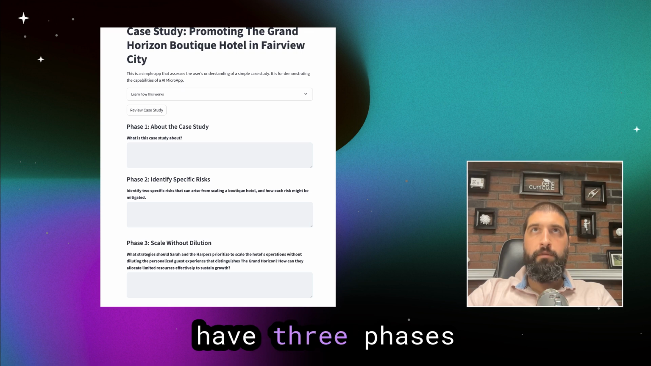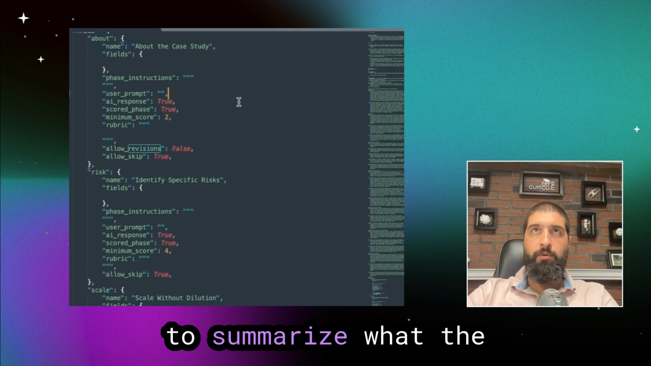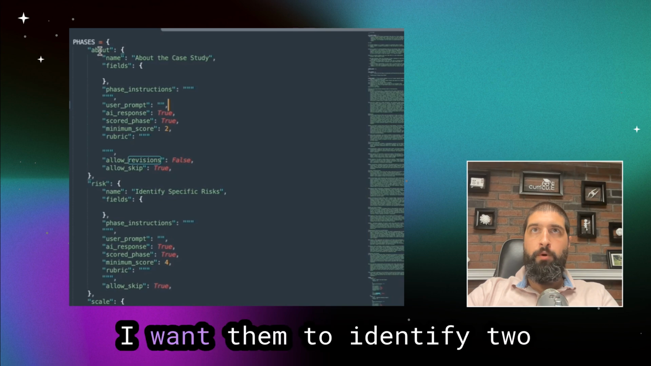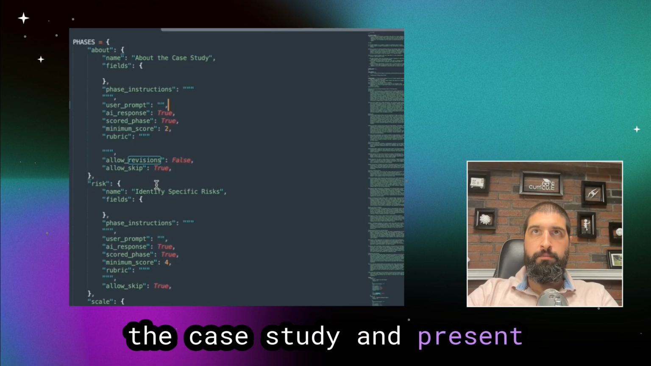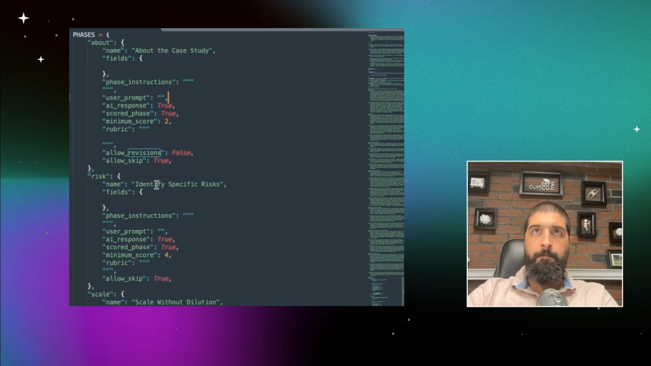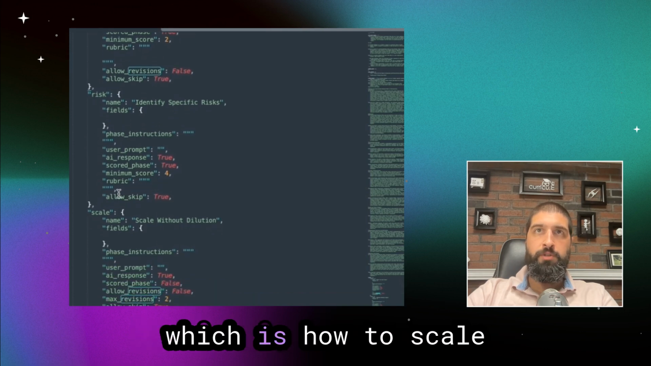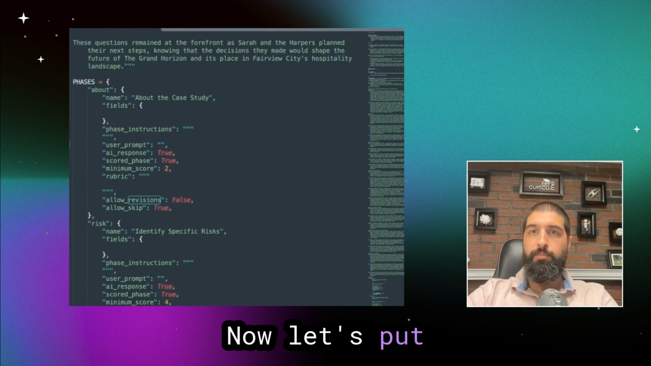So we're going to have 3 phases in this assessment. I want to ask my students to summarize what the case study was about. I want them to identify 2 risks that are presented in the case study and present some mitigation strategies. And then I want them to brainstorm about the case study's central problem, which is how to scale while retaining a strong customer experience. Now, let's put in those prompts